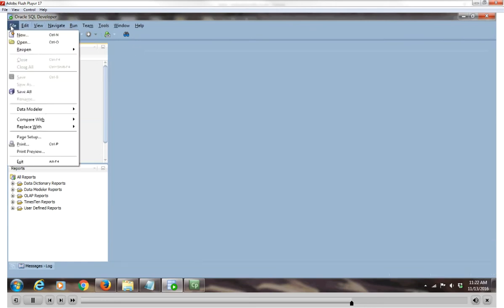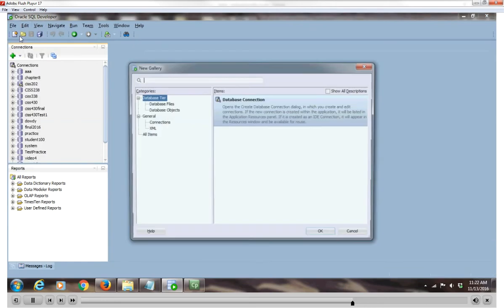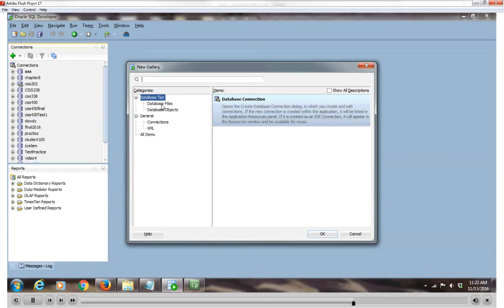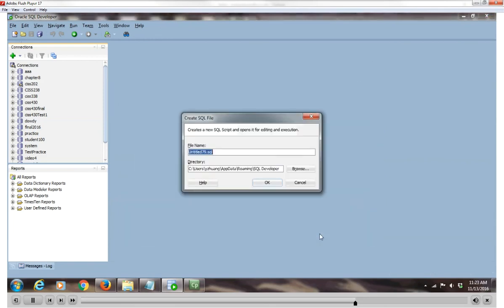So let's call that file new, so you know where you save the file. File new and database file, SQL file. And then here's the browse. So make sure you do this. We have quite a few students cannot find the homework. So where do you save it? In my case, I save in that place, and then you can name it like something like homework